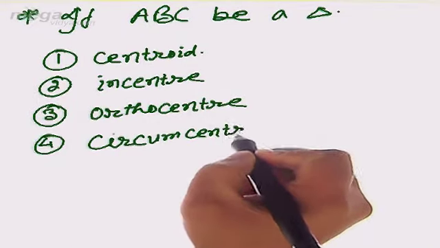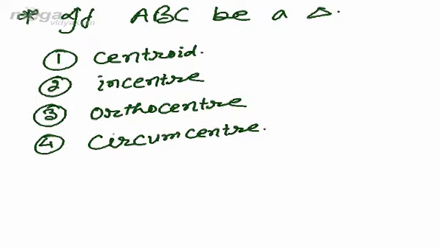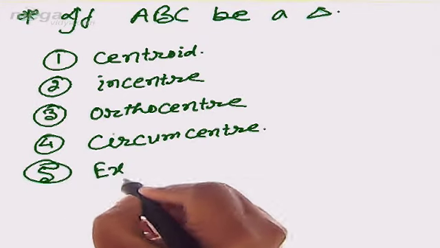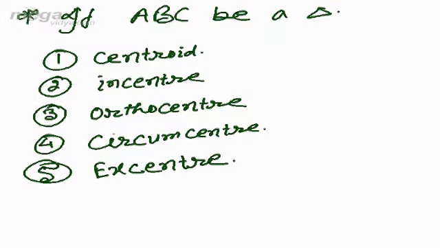Mainly these are 4 points, but when we find the coordinate of incenter, at the same time we will find the fifth one, which is called excenter. These two are not exactly same, and there is not so much difference between incenter and excenter except one thing, and we will discuss this difference when we do the topic incenter of a triangle. So in this we do these five one by one.